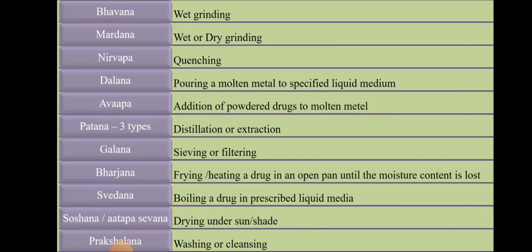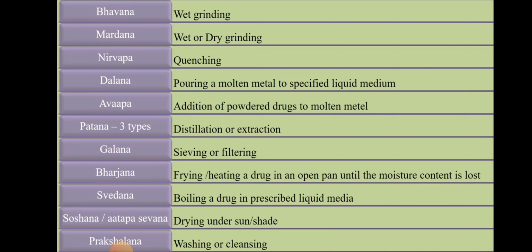Gadiga is mixed with water and washed, then kept undisturbed for some time so that the Gadiga settles down at the bottom of the vessel. After some time, you can decant the water and collect the Gadiga from the bottom of the pot. That is Prakshalana. So these are the 11 various Shodhana procedures done for purification of Rasa Dravyas.